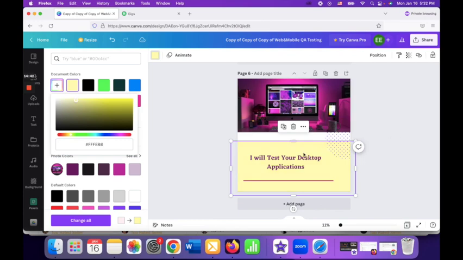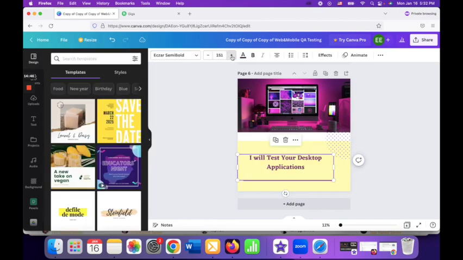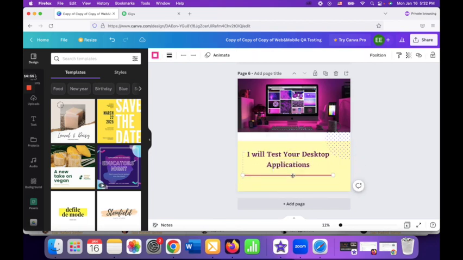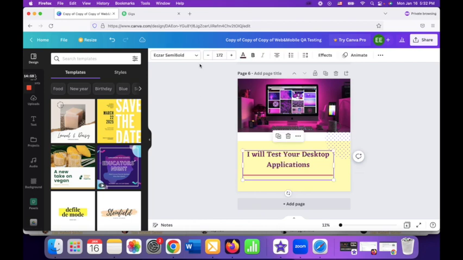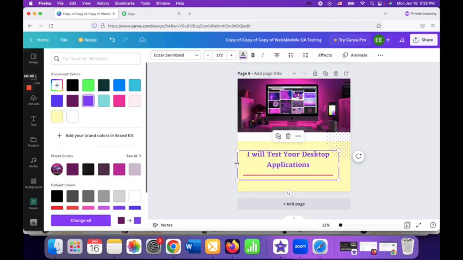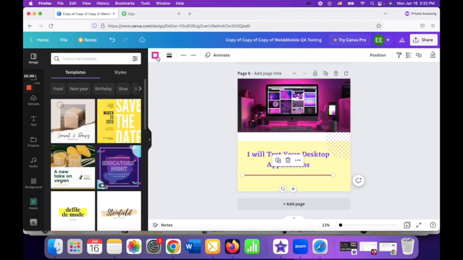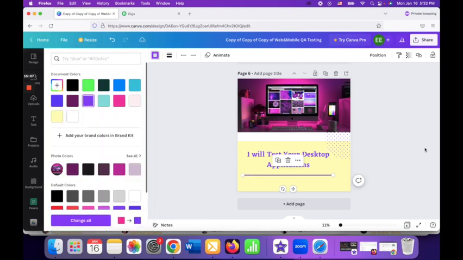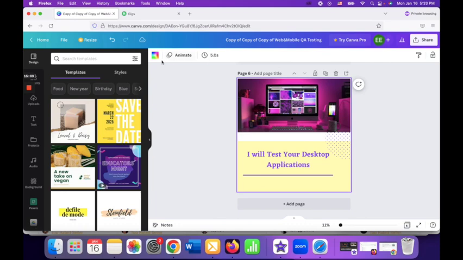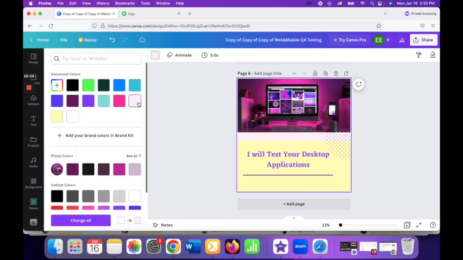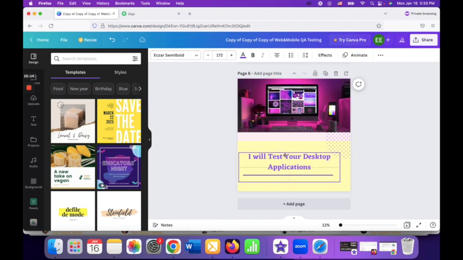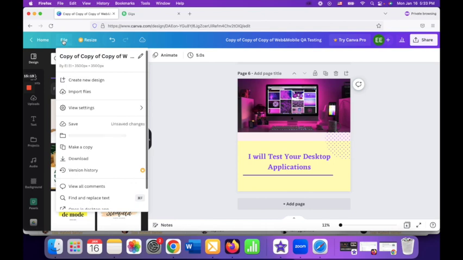Okay, let's do this. Let's change the size, the font, move it a little bit here, and let's change the color to purple, and let's do this also. Let's change it to purple. Okay, and this one, let's see, we can change it to this one. So basically it looks similar, but it's okay for this. And now I'm just going to